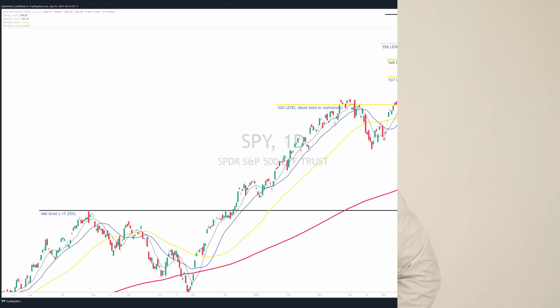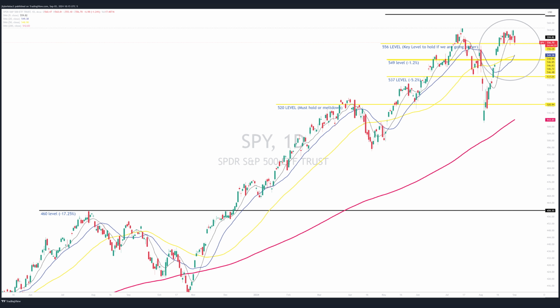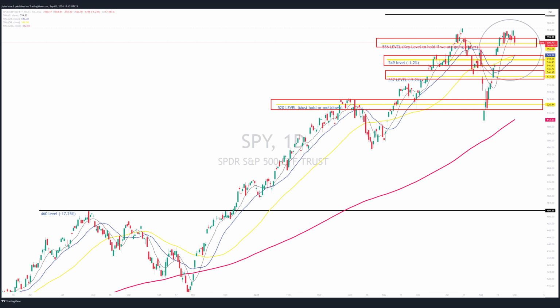Okay, so in our first technical chart, let's take a look at the S&P 500 represented by our chart SPY, ticker symbol. So when you look at this chart, what we're going to do is not actually pay attention to moving averages, which is the squiggly lines. We're going to take a look at what we would call pivot points or key levels. I have illustrated the common ones or the most near to us in yellow highlighter here.